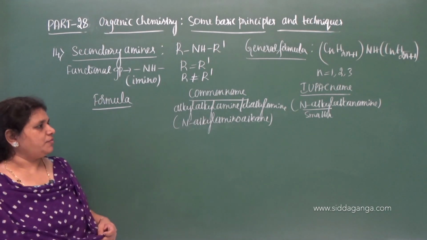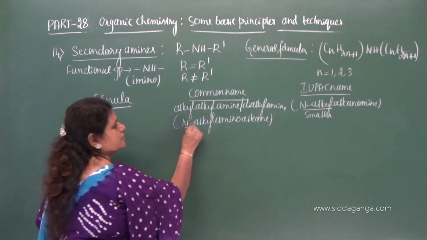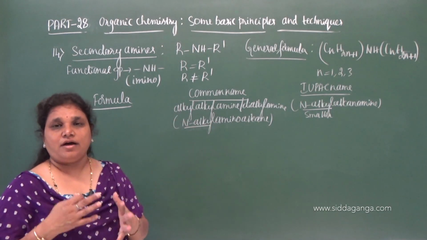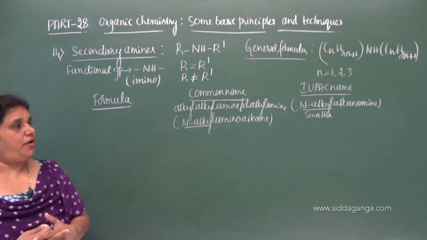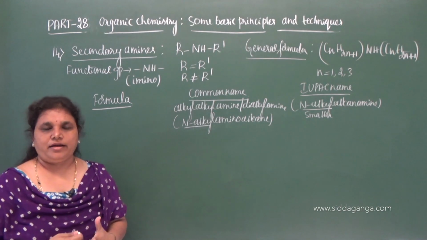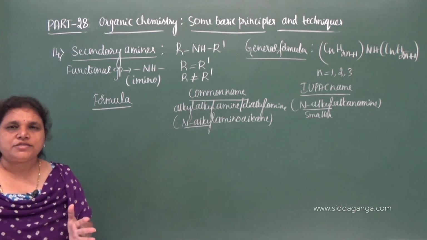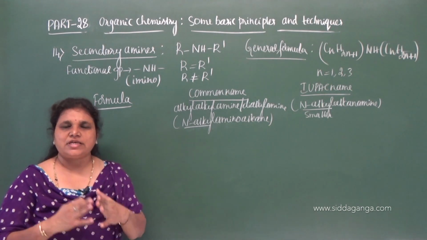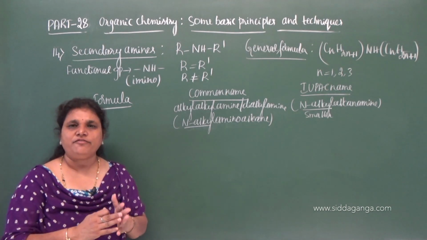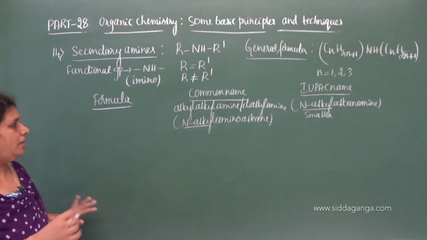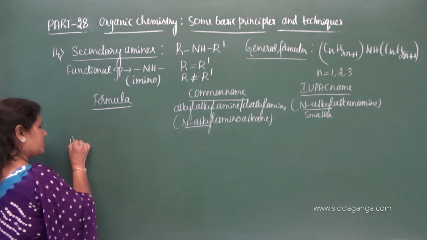Now let us move on to here. Also you have to take the smaller alkyl group, but here you have to consider the alphabetical order. You have to arrange the names of the alkyl groups in alphabetical order. If prefixes like iso or neo come, you have to consider those prefixes as a fundamental part of the name of the alkyl groups, that you have to remember. Now let us move on to the examples.